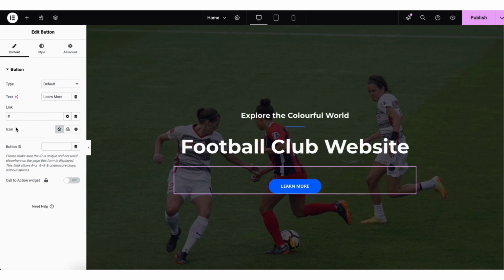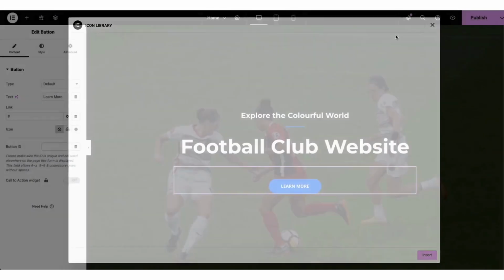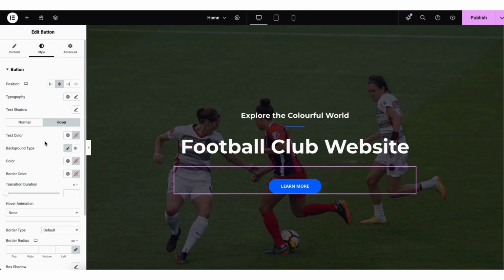Where you see icon, you can select to not have an icon with the button. Where it says Upload SVG, you can upload an icon. If you click Icon Library, you can view icons you can add to the button. If you click Style, you can make changes to the font used and colors for the button. If you click Hover, this is where you can make edits to the font and colors on the button hover.